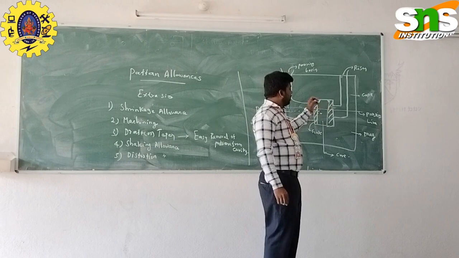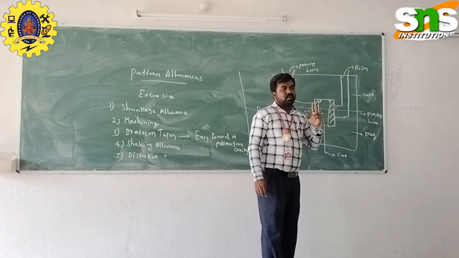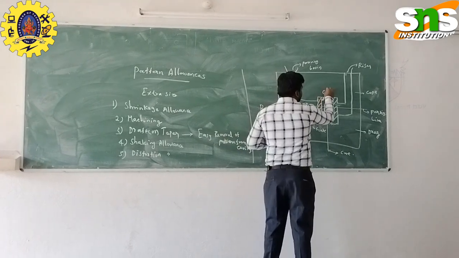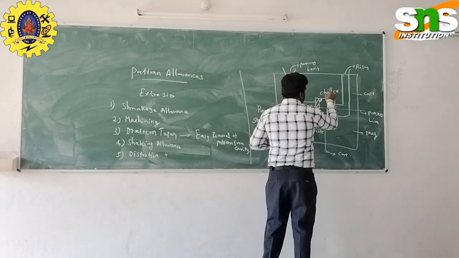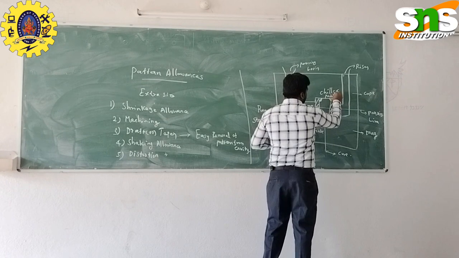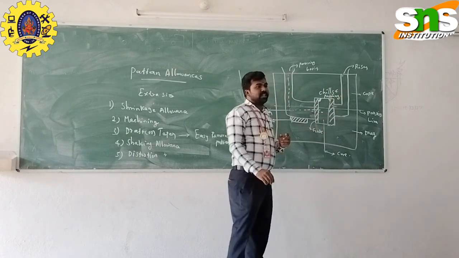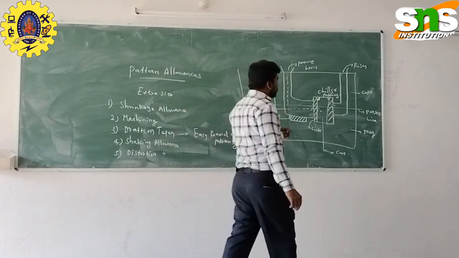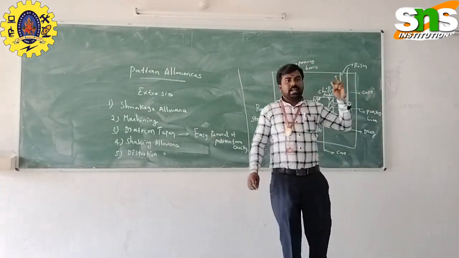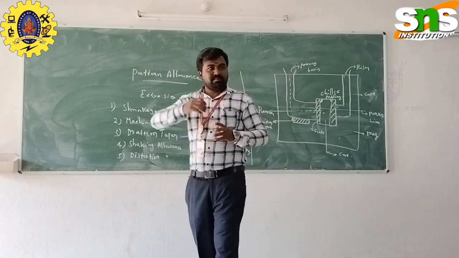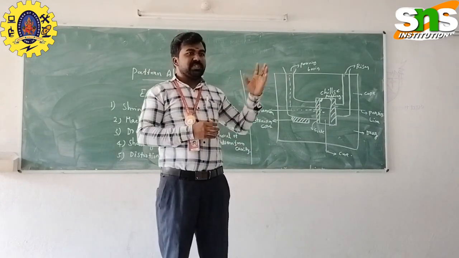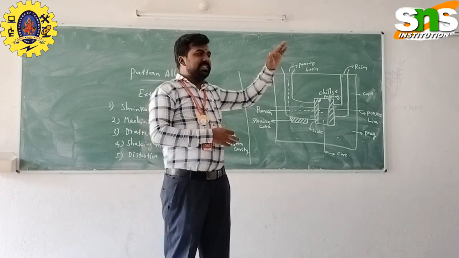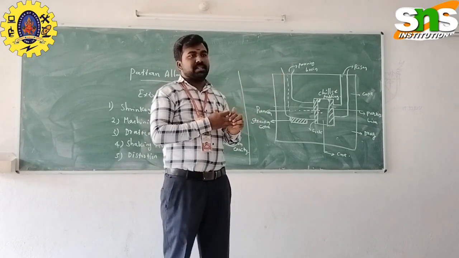So inside the mold cavity, there are two important parts. One is the chills and padding. The chills and padding are used for the directional solidification process. So the riser is the vertical passage. The excess molten metal comes out from the riser, and it acts as a reservoir after the solidification process. This is the basic representation of the casting process.